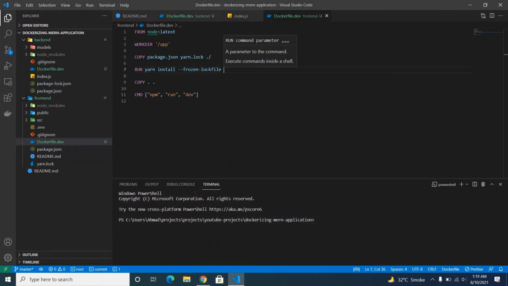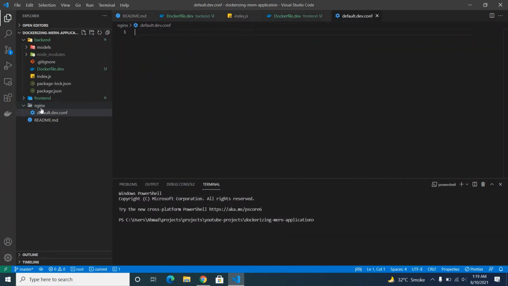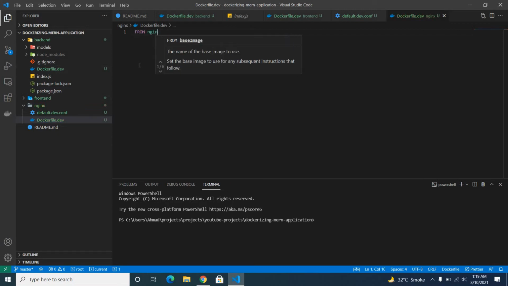This is similar to npm ci, and then we need to set up the nginx server, and then we need to create our custom default conf file and Dockerfile. Okay, first we need the latest nginx image,